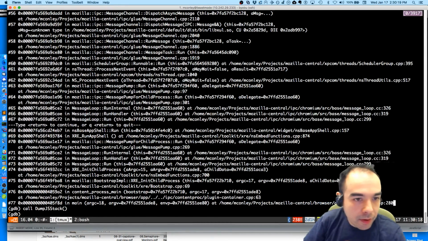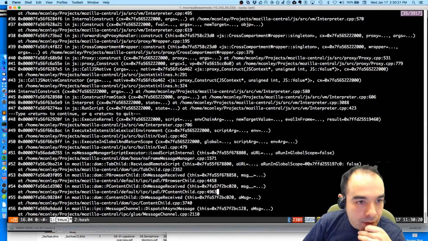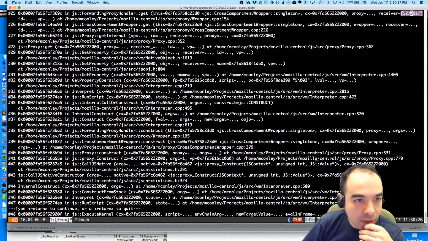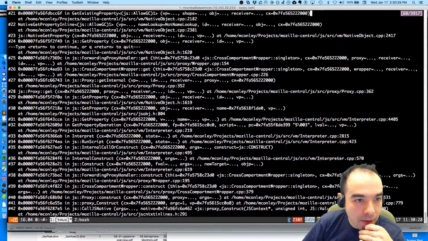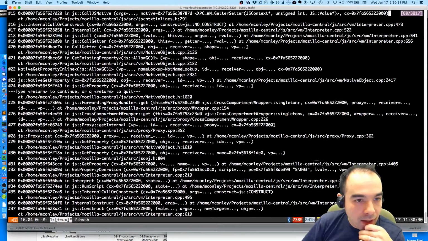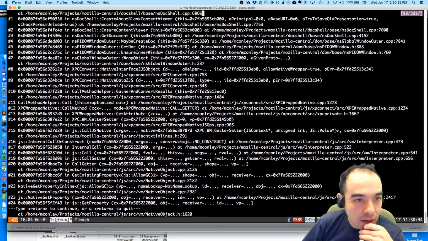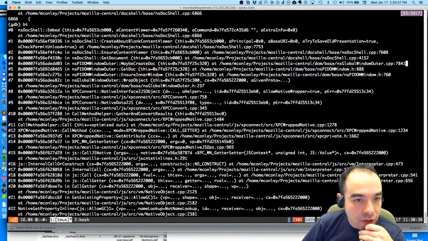Let's go up. Construct in the proxy, forwarding proxy. We interpret. We're getting a property, get an internal property. We call ensure inner window, create a doc. We get the document on the doc shell.